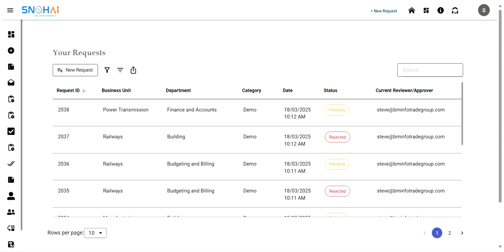The status column clearly indicates where each request is in the approval workflow. New requests can also be initiated by clicking on New Request. The data present in the table can be easily exported by clicking on the export icon at the top. Your requests gives you a full view of your active and historical approval requests.